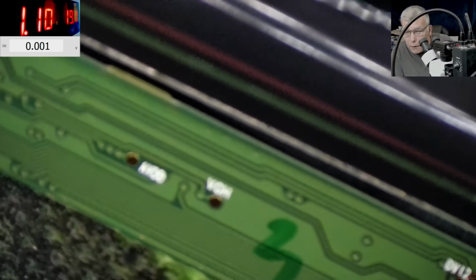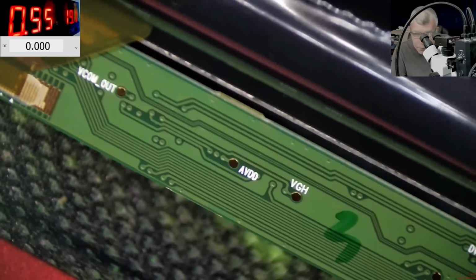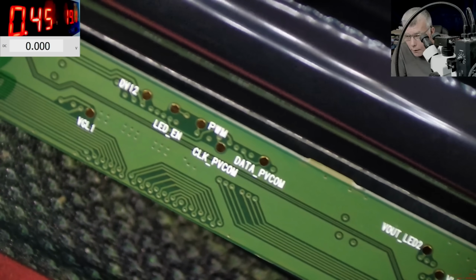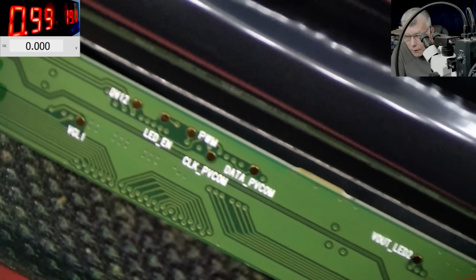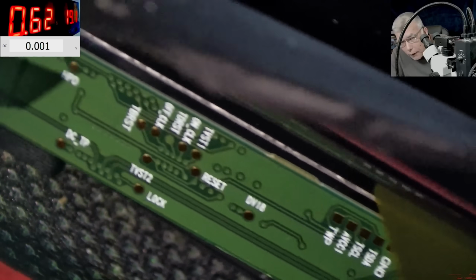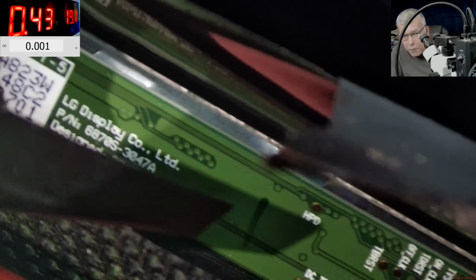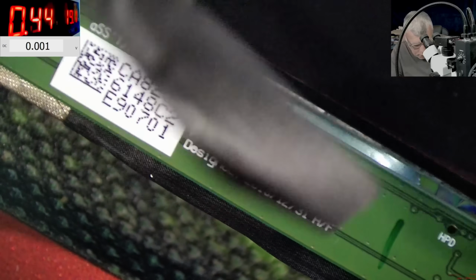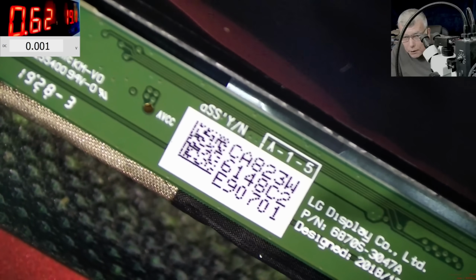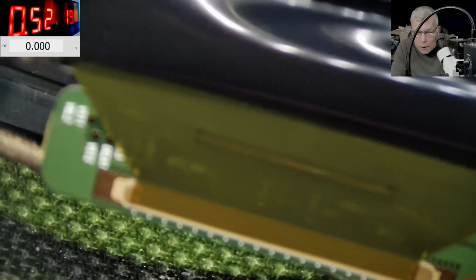So what do we have here? We have some things which we don't know what they are. VLAD, okay, okay, okay. I'm looking for some 3.3. Just a test point saying AVD. Nah, I don't know what it is. And here,